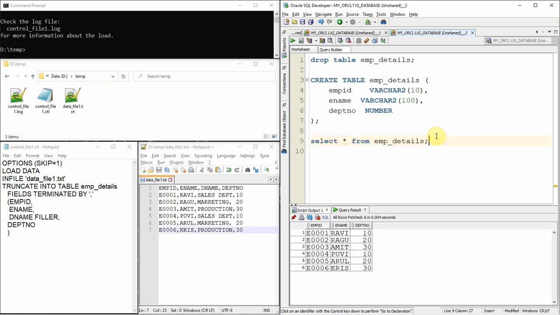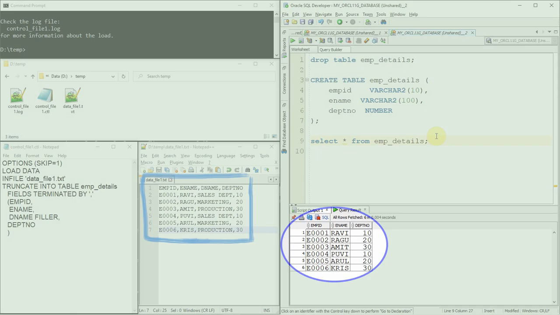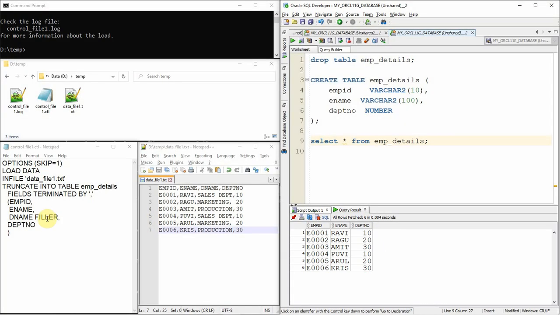Now you can see even though there are 4 columns of information in the data file, only 3 columns of information are loaded. So we have excluded the department name column. So the key learning here is the usage of filler keyword. And here you can give any column name. It's not necessary that you have to give exactly the